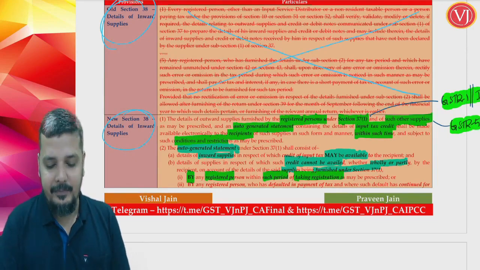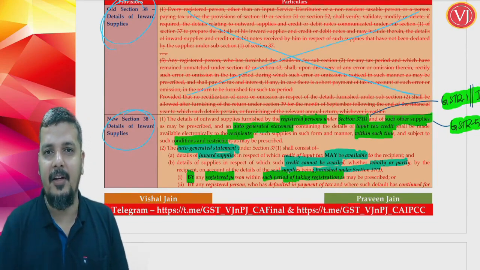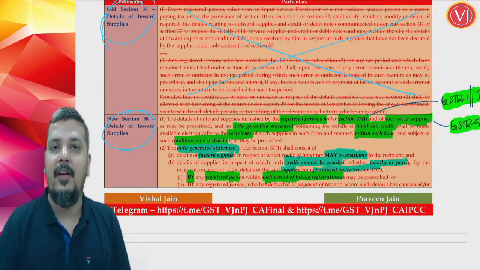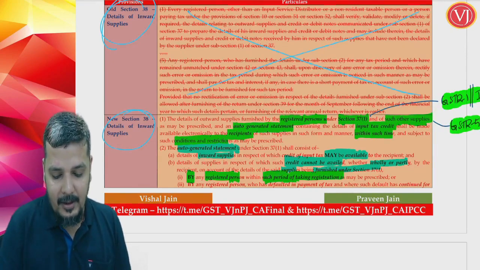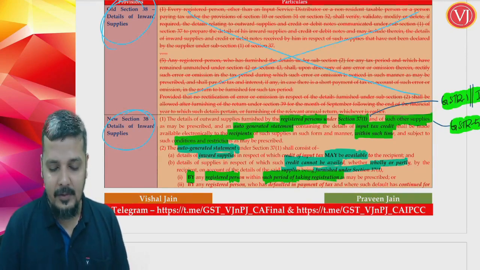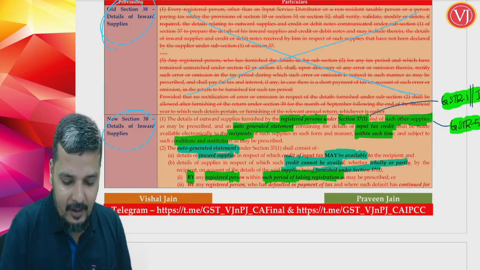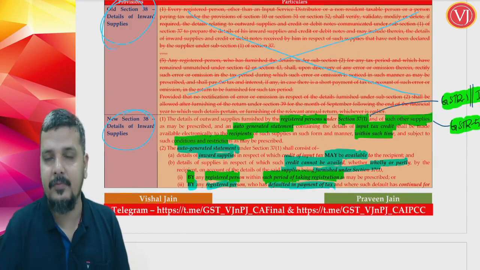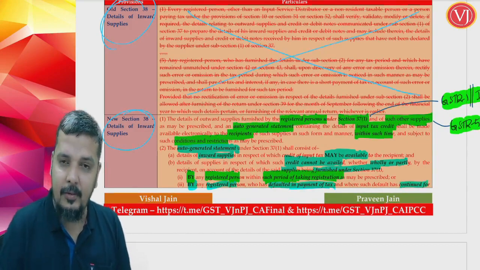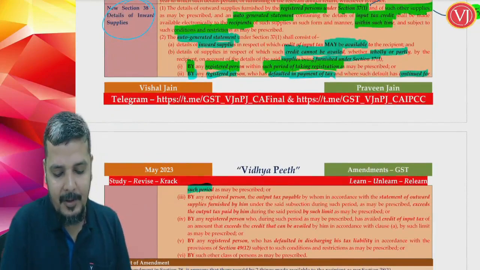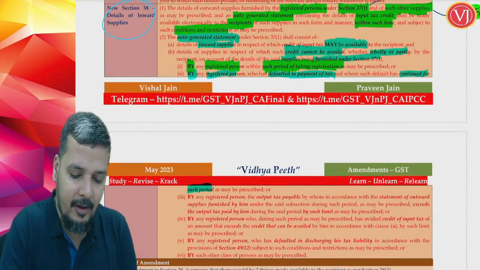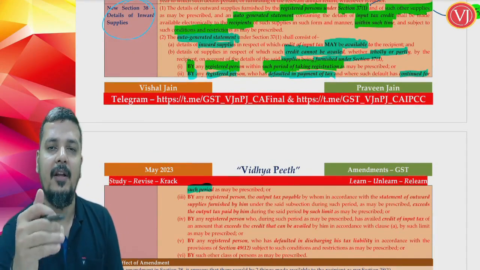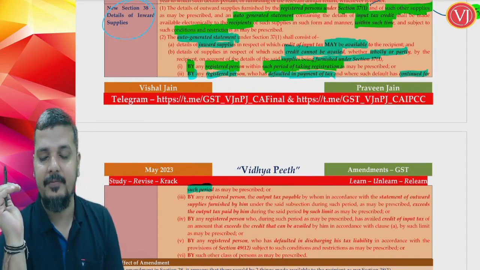His particular supplies, though they are coming in my GSTR 2A or 2B, I may not be able to take the credit. So it is by a registered person who has filed GSTR1 or IFF, but he is a newly registered person, or by a registered person who has defaulted in payment of tax and such default continued for such period as may be prescribed. So basically, first point you are talking about a newly registered person for such period of time as the case may be. Second, you are talking about a supplier who is not making the payment,